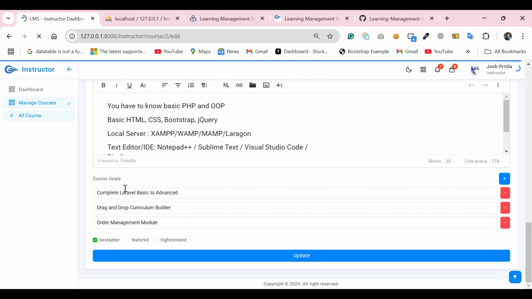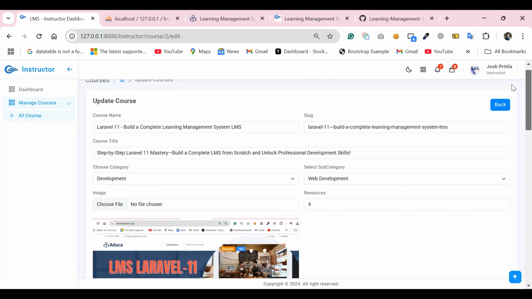And here course goal and all of the data will be shown. Okay, that's fine. That very complex part is completed. The course goals dynamic jQuery based form is completed,